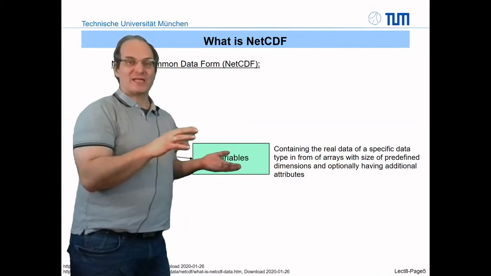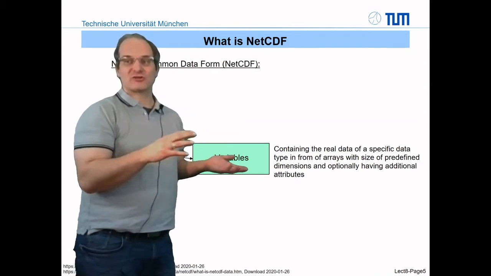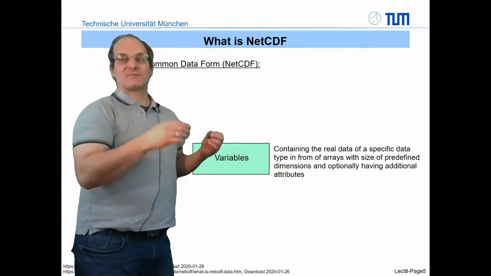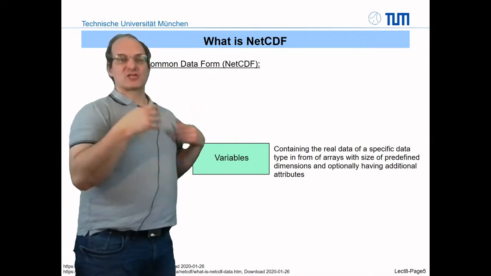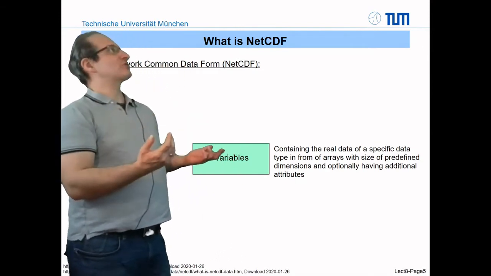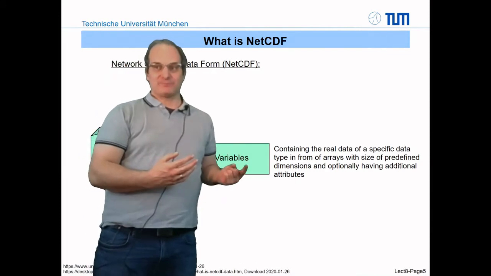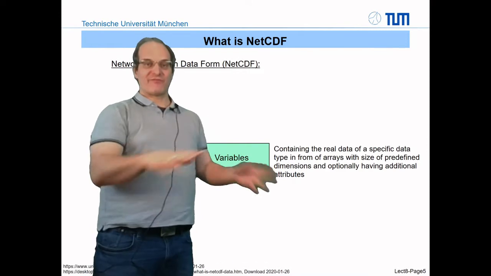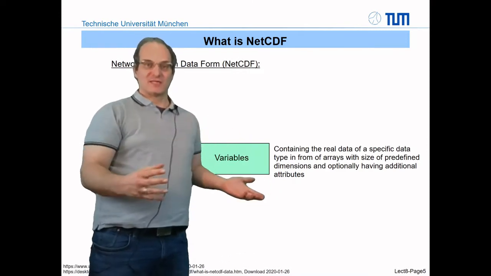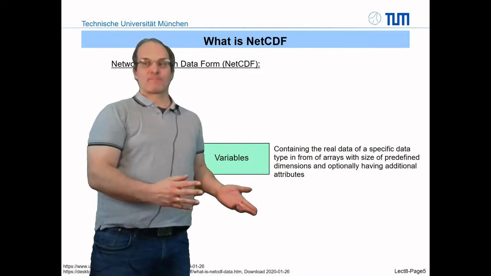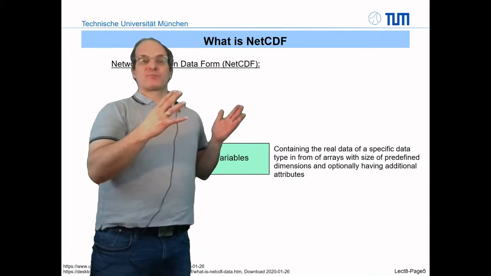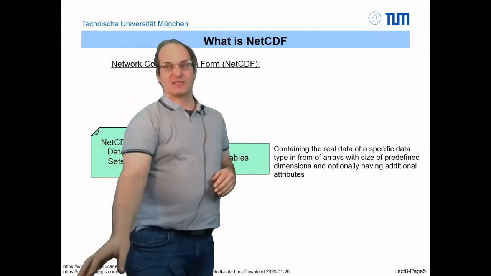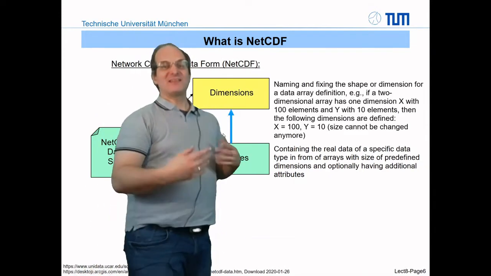So you have arrays, one or two-dimensional or multi-dimensional arrays with a predefined dimension, and they optionally have additional attributes. The additional attributes are something like meta information. Usually you define these dimensions in a fixed way, so you cannot change them later on. In new formats you have more variable lengths of the data sets, and then you define the dimensions of